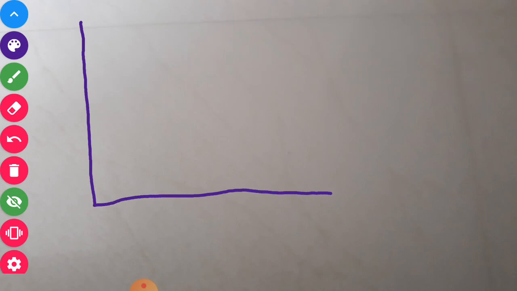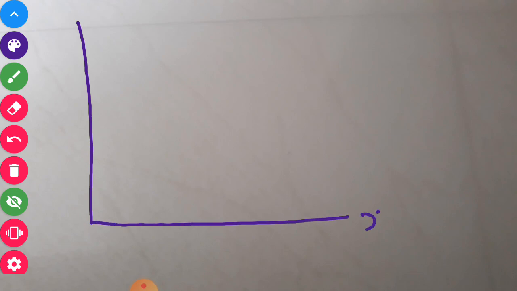Okay, hello. Today's topic of discussion is position vector and displacement. We shall use the concept of vector for displacement first of all in our physics. Try to understand, this is the xy plane. Here is the origin, and the point somewhere here is P, where the particle is situated.